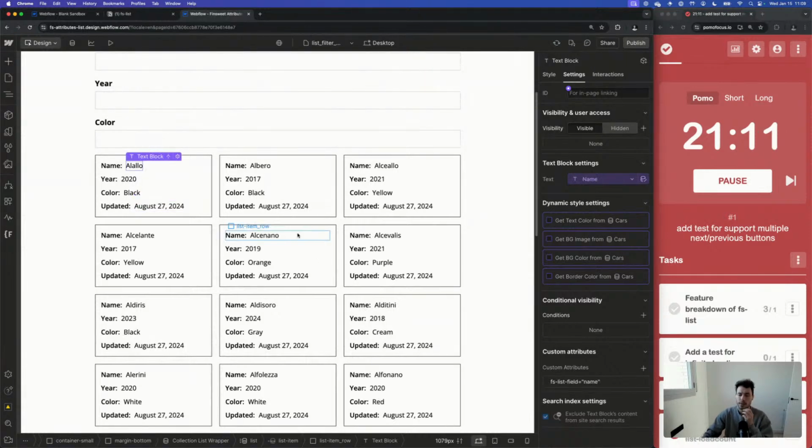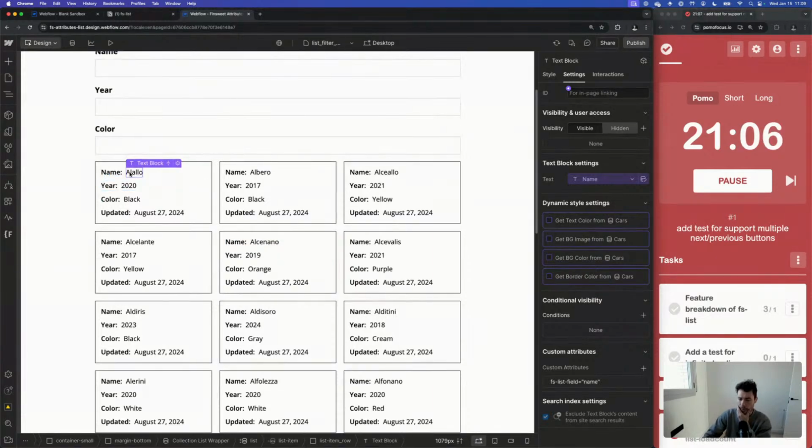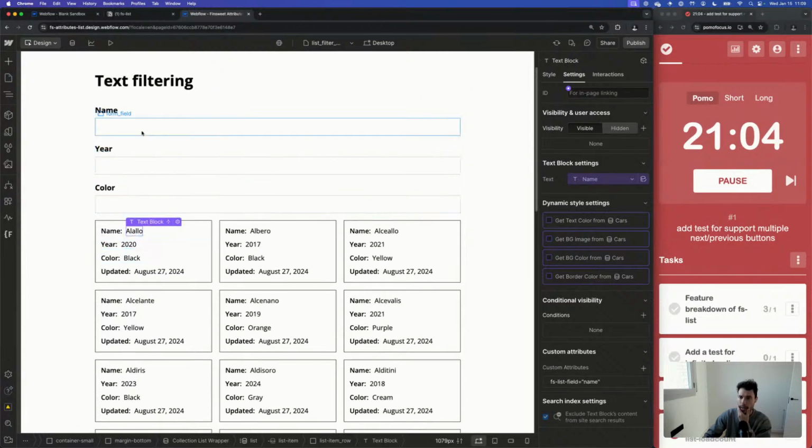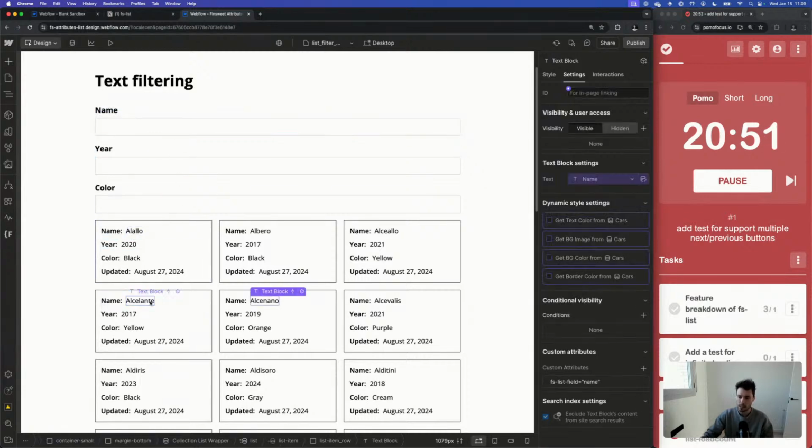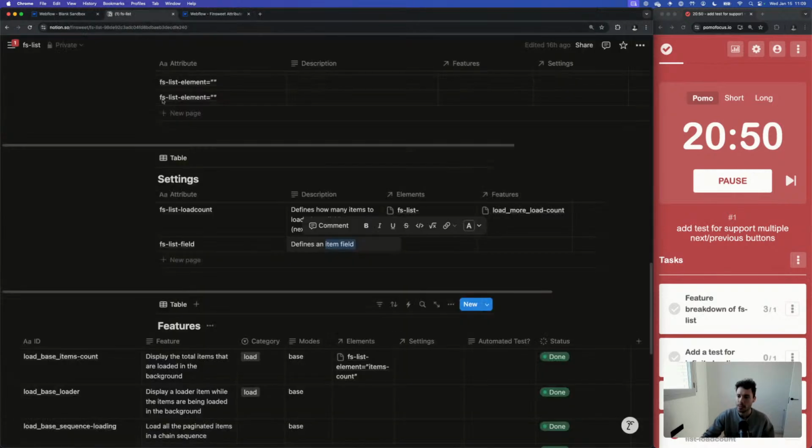Like that. So this is going to be affecting both the properties inside the items and the filter inputs to connect things. So when you type on the name field in here, we know that we are filtering by the name elements inside the items.